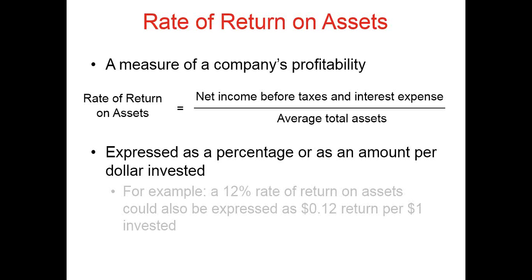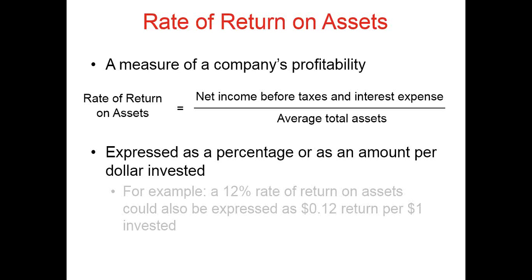Now, this rate of return is not some specific number that all companies must strive to reach. It is different for every company and every industry. You must always take these ratios in context with the company or industry that they are attached to. A company like AK Steel has a lot of assets. A company like Google has very few assets, hard assets. So remember that.